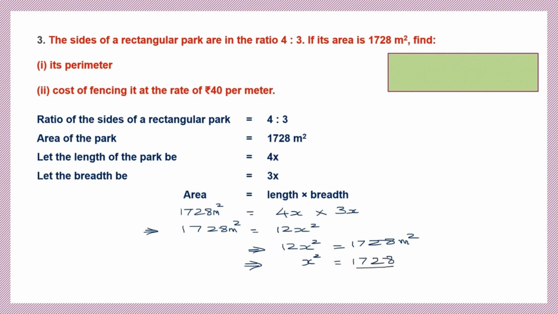1728 divided by 12. How did I get division by 12? Because here 12 is 12 into x square. It is multiplication. Now when I take it to the other side, it will become division. So let's divide 1728 by 12. So let's do that division. When you divide this, you get 144. So this is 144. That is x square. So what is the value of x? X will be the square root of